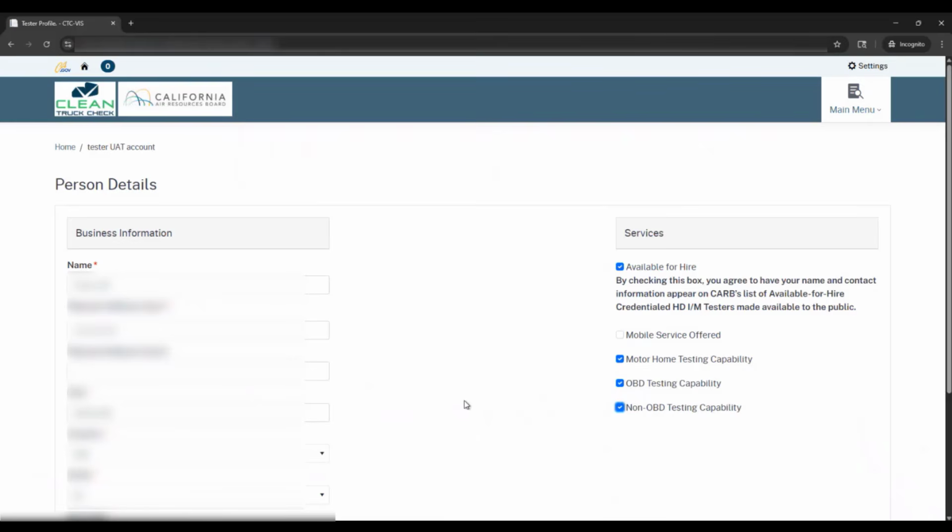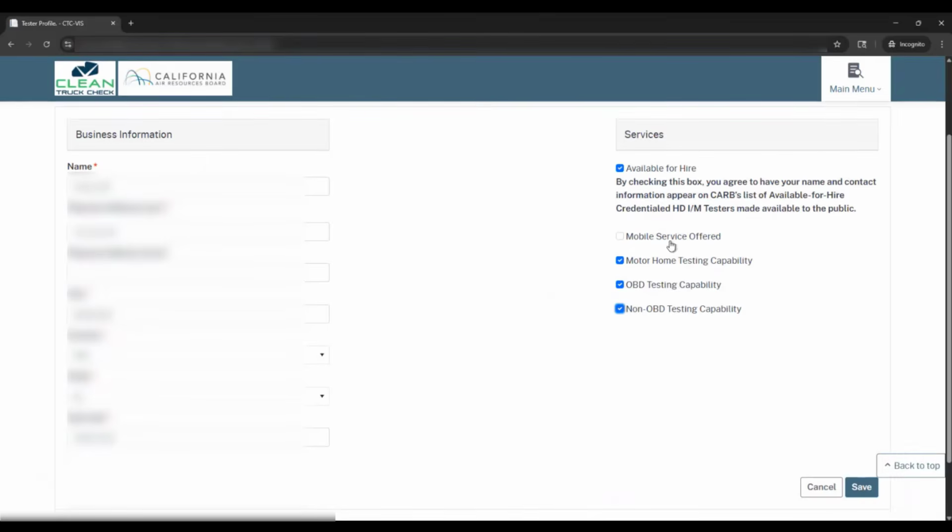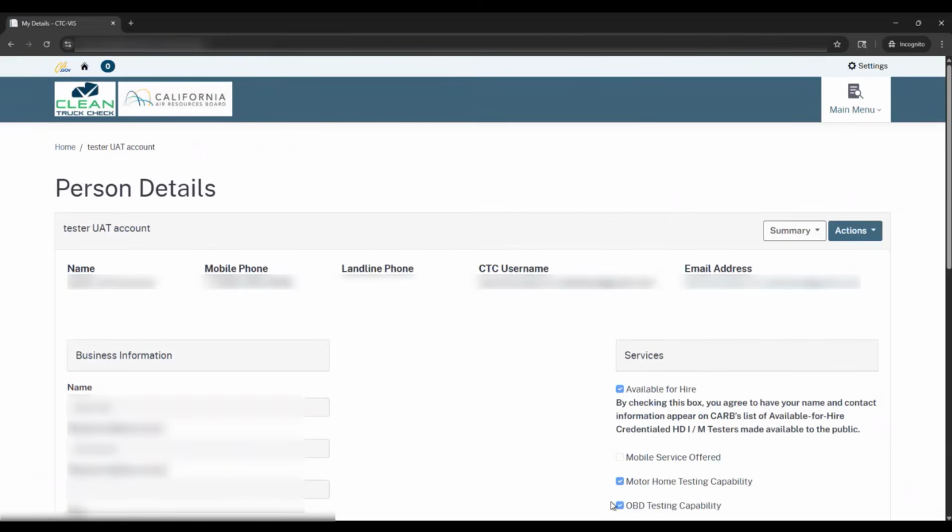So once I'm satisfied with my services here, I will click Save, and that will be updated on the credential tester list, which will be housed inside of CTC-VIS. So these changes should be immediate. If they are not within 24 hours, please email us at